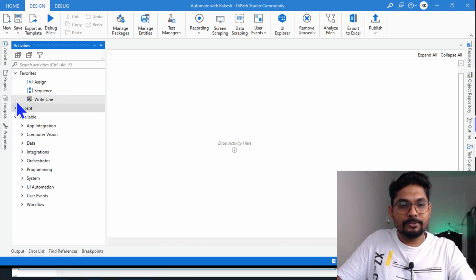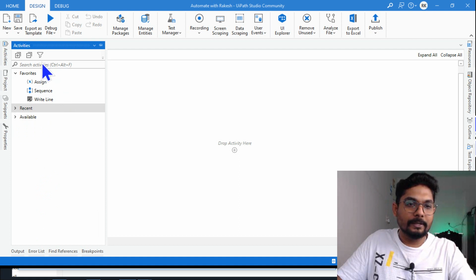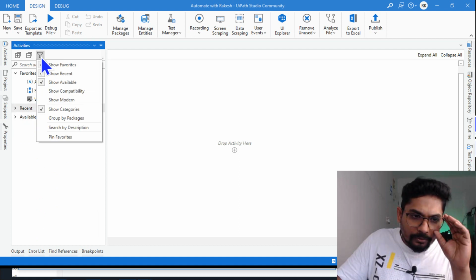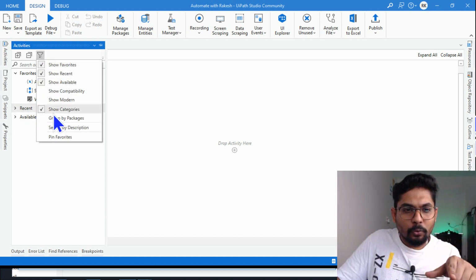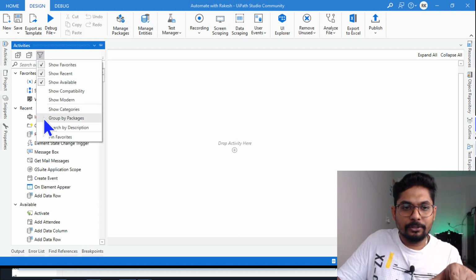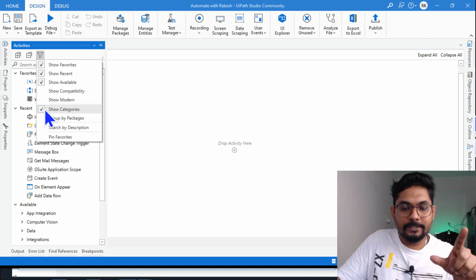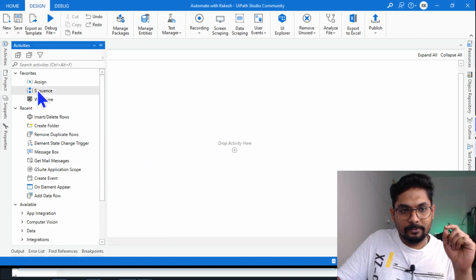minimize everything. Whatever is open as of now, minimize everything. Here if you click on the filter, show categories. If this is unchecked, then you will not find proper category. Ensure this is checked. Okay, show categories is checked, and once it is checked, what I'm going to do, I'm